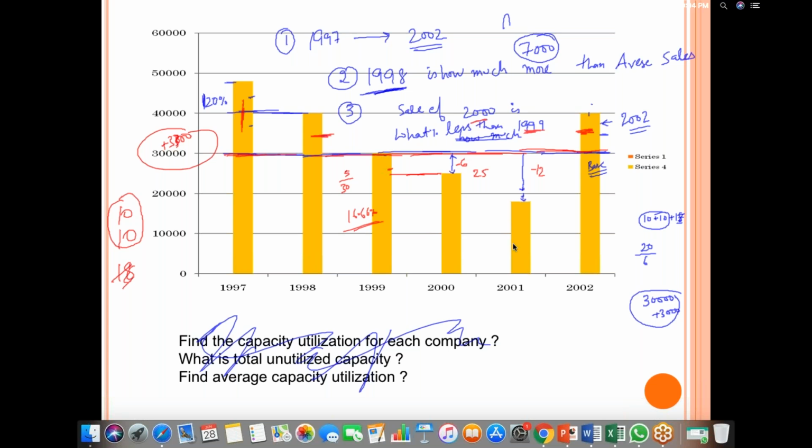See, third is, how much lesser is this value than this. So this is 6 less than this. This total value is 30. So we will subtract 6 from 30. 25 is coming approximately, or 5 you can take. So this is 5 upon 30, 1 by 6. 1 by 6 is your 16.66%.